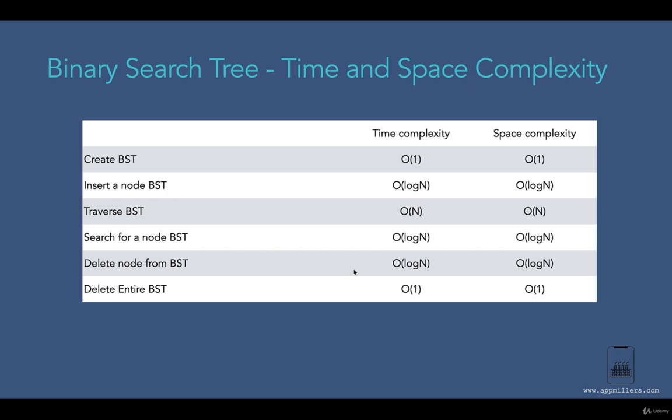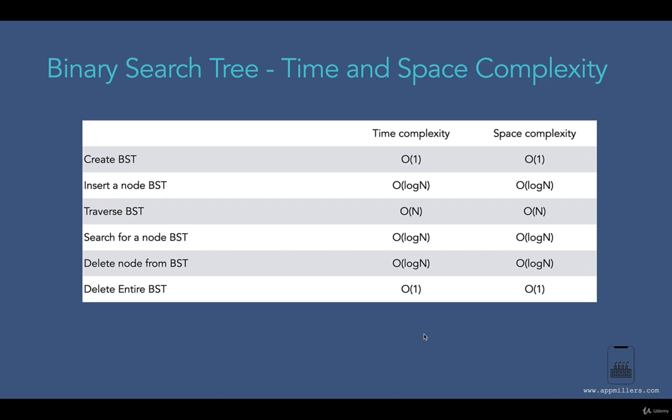Here again we have to first find the node, then we have to delete it. In this case also we have to call our method recursively for the left or right child, so that's why it takes O(log n) time complexity. Similarly, when we are calling our method recursively, it has to insert some elements to the stack memory, so that's why it takes O(log n) space complexity.